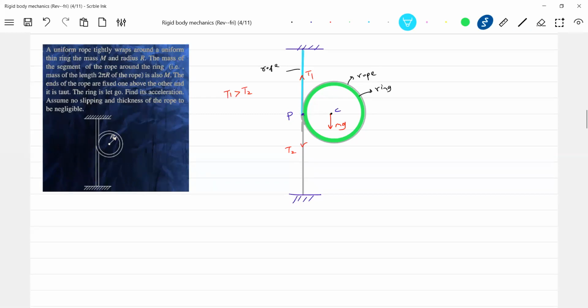Now, look at this one. So there's a point P and let this be Q. What should be the acceleration of point Q? Should be 0, no? It is connected to the rigid one. So what should be the acceleration of point P? Should also be 0 along the y-axis. Then T1 greater than T2. What is the tendency? So this will have rotational motion about the center of mass, and the center of mass will accelerate. I'm thinking like this. Let's see what all I can get. So mg minus T1 minus T2, let it be T, the difference in tension.